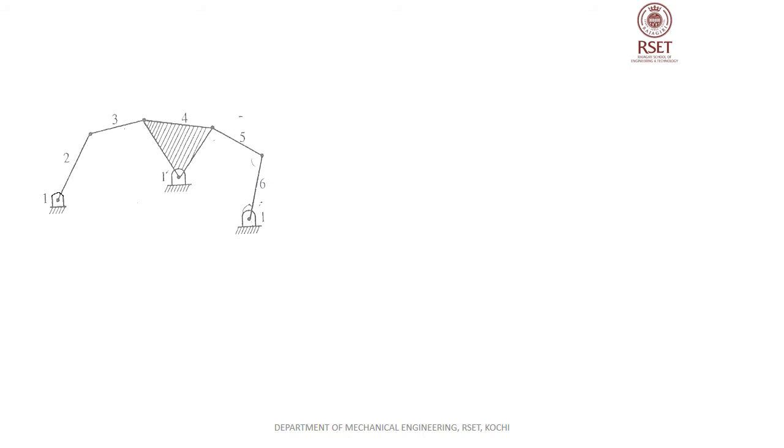Now let's take another example. This is another mechanism. It has 6 links. You can see here, link 1 is actually the fixed link in this mechanism. Link 1 represents a hinge. So link 1 is a hinge and a fixed link, and you can see other links are movable links. So the total number of links in this mechanism is 6. The number of movable links is n minus 1, which is equal to 5. Link 1 is considered a fixed link, and the others are movable. So the total number of movable links is 6 minus 1, which is equal to 5.